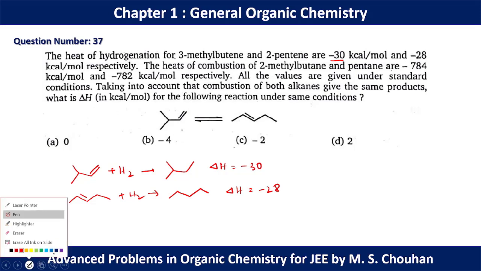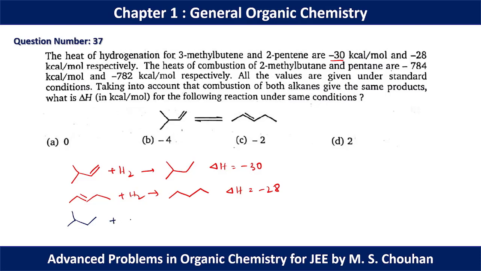Okay, again, heat of combustion of 2-methyl butane. So 2-methyl butane is nothing like this. This is 2-methyl butane, and after combustion we can have 5 CO2 and 3 H2O as a product, and delta H for this reaction is minus 748, and for this delta H